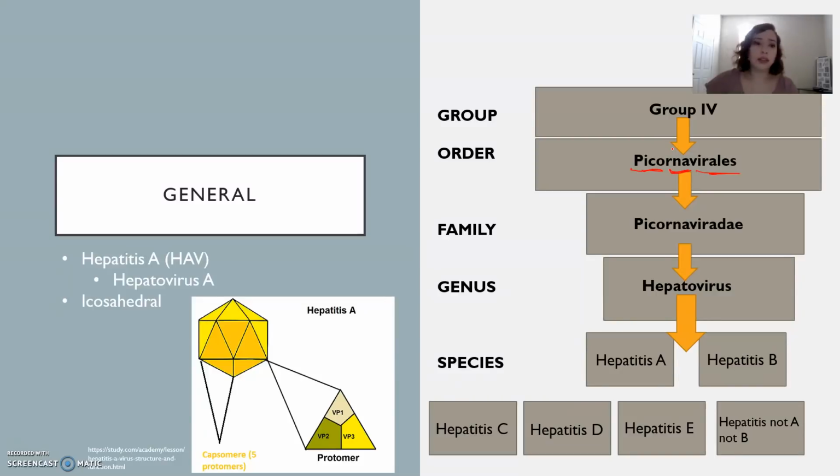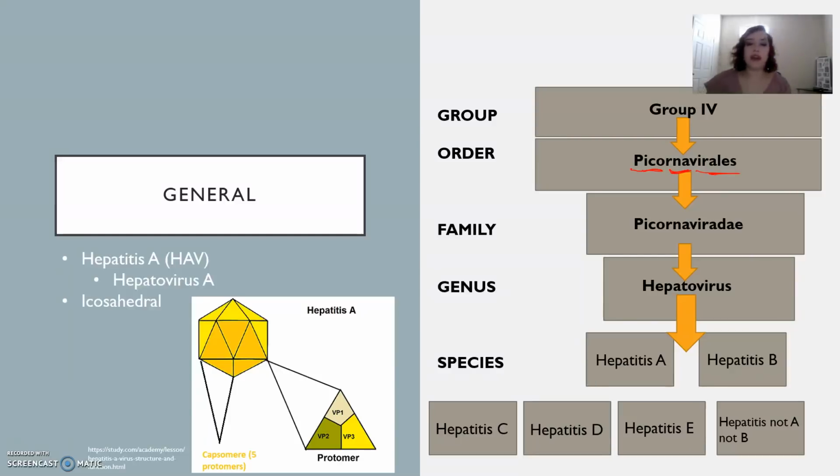The actual shape of the virus is icosahedral, and here's an image of how it possibly looks. You can see that it has 3 protomer sections. That's a little more detail on how it eventually will present itself in the cell, but in general, that's the shape of a